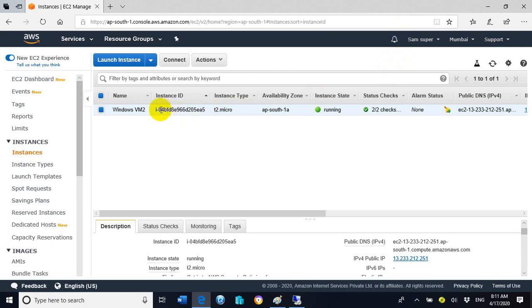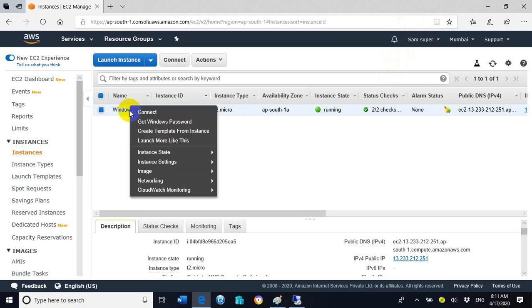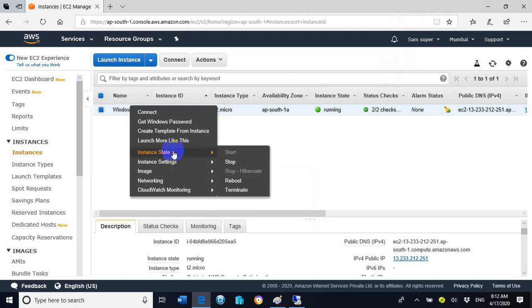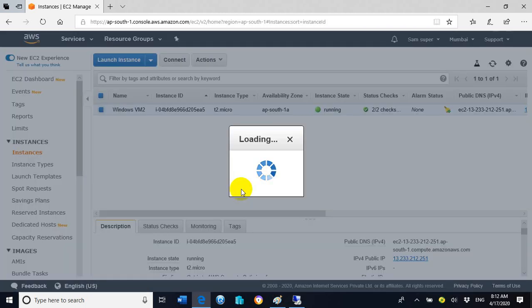If you want to terminate this Windows VM2 EC2 instance, then right click on the Windows VM2 EC2 instance, click on instance state, click on terminate. Let us see whether the protection from accidental deletion option will be effective or not. So click on terminate.